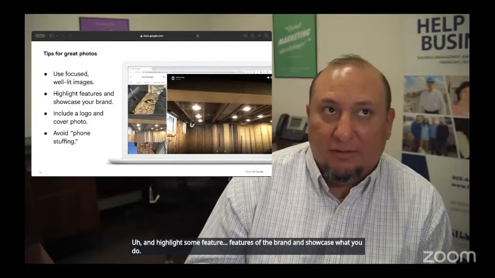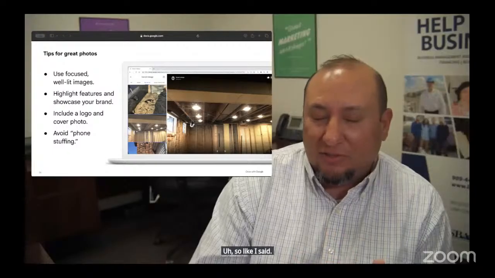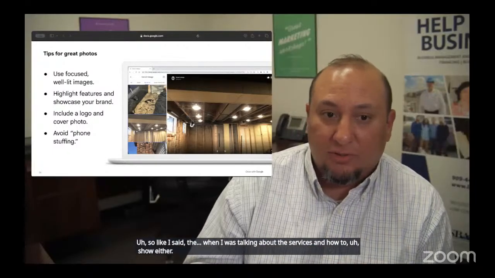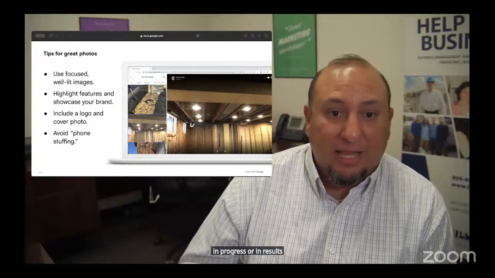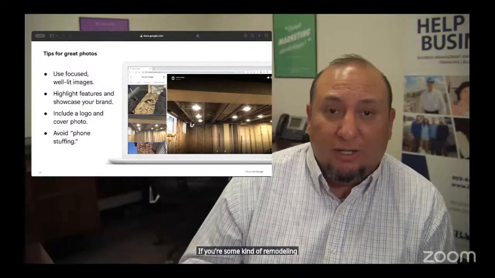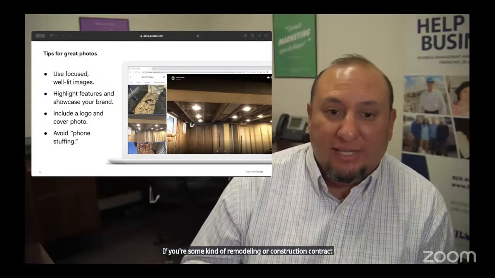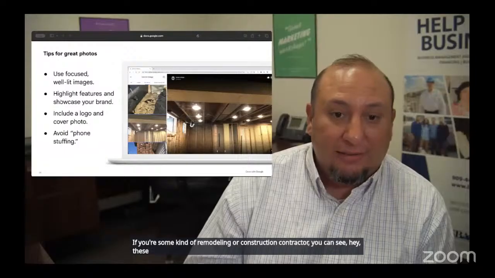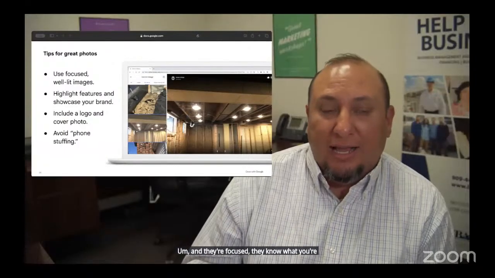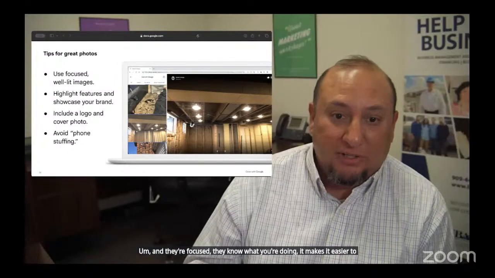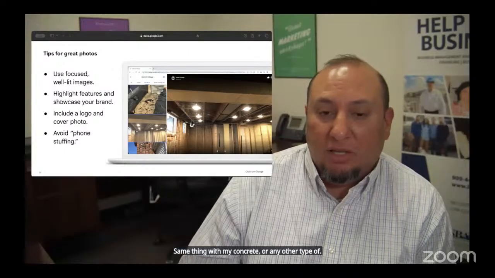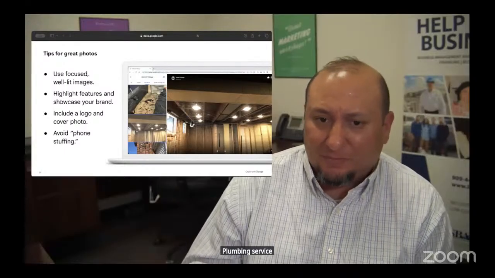So like I said, when I was talking about the services and how to show either in progress or in results, this slide actually shows you, if you're some kind of remodeling or construction contractor, you can see, hey, these pictures are well lit and they're focused. They know what you're doing. It makes it easier to understand what's in the picture. Same thing with like concrete or any other type of plumbing service or anything else like that.